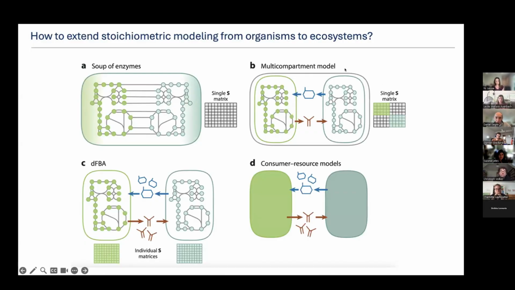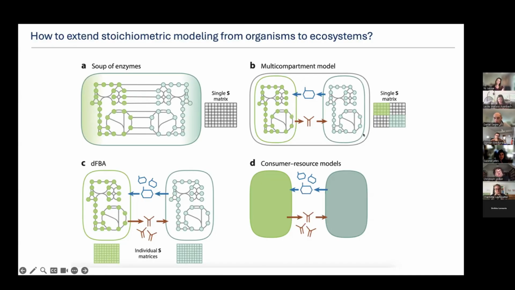We and others have been thinking about this in different ways. And I want to just give you first an overview of different ways of extending genome scale models to communities. In the same way as you build a stoichiometric matrix for a single organism representing metabolism of that organism, one could build a stoichiometric matrix of a collection of organisms where you keep track of the metabolites present in different organisms. This is, again, a soup of enzymes approach where it's as if you assume that the boundaries across species don't matter, and whether or not that's true, that's an open question.